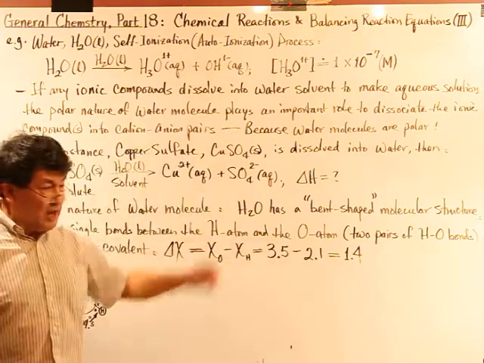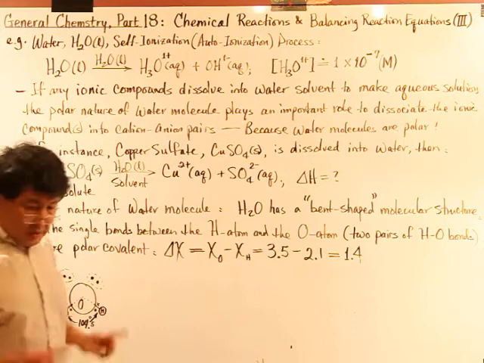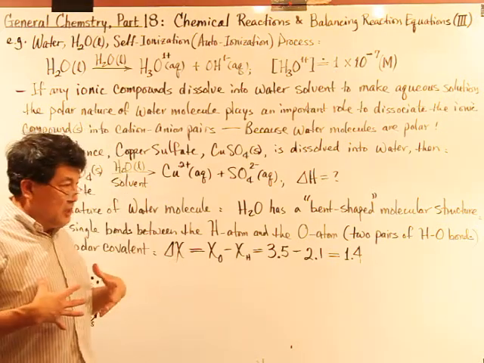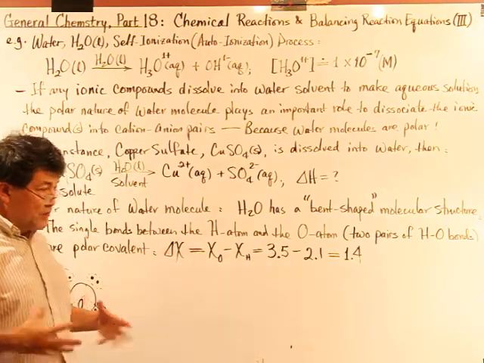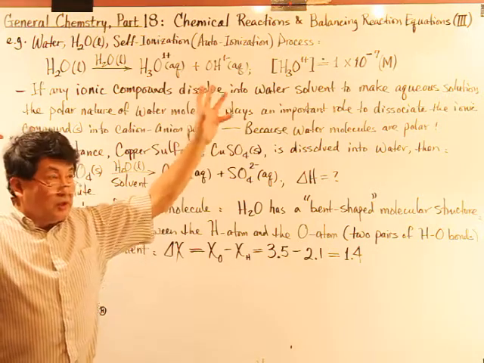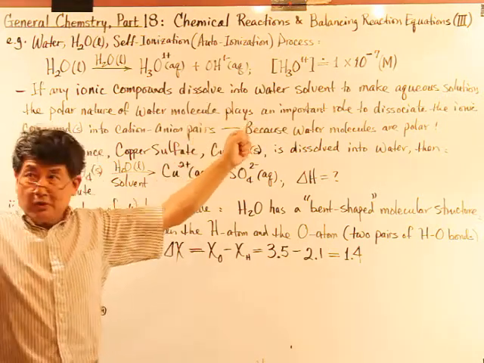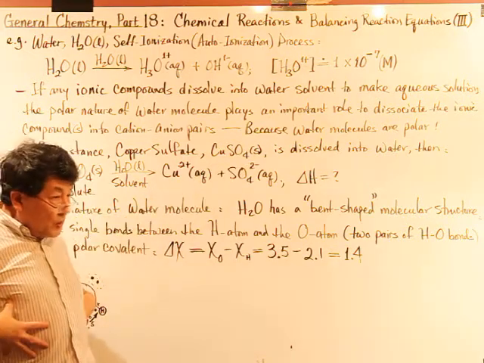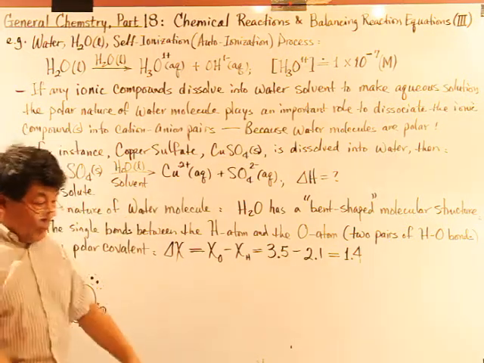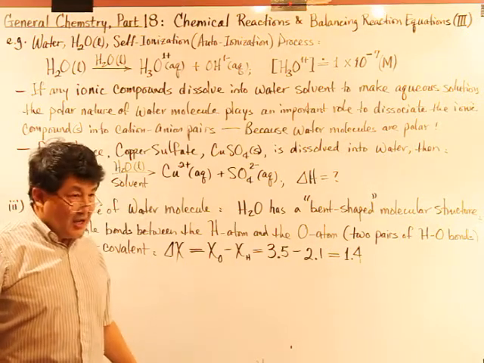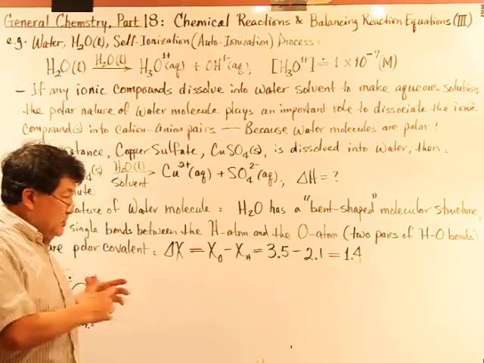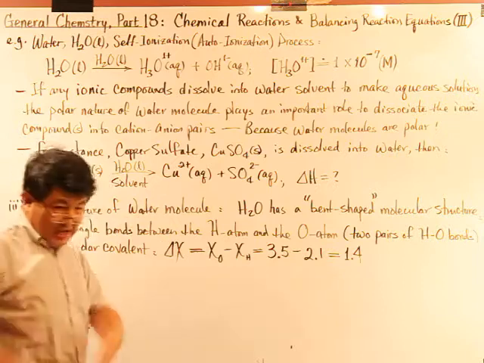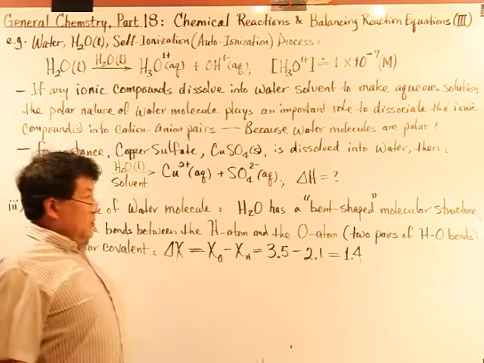So what happened? They're supposed to be straight, but now look at my body as a water molecule. These 2 hands are considered 1 lone pair, 2 electrons, and 1 lone pair, 2 electrons. Cut my head off, and use my torso as the oxygen, and my 2 legs are the single bonds between oxygen and hydrogen. So let me go this way. All right, now